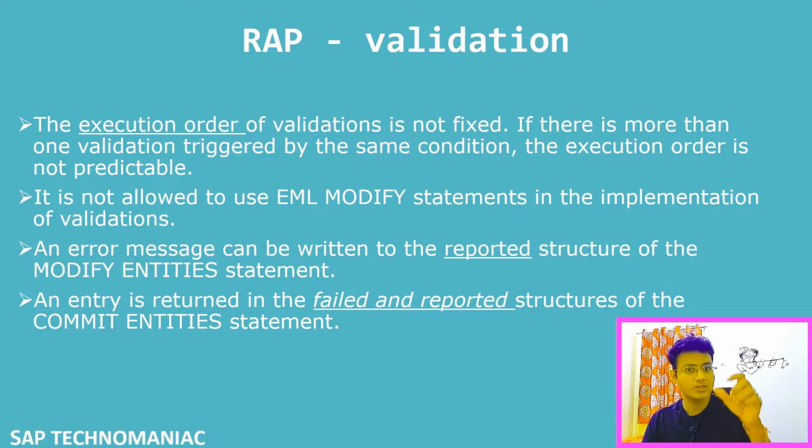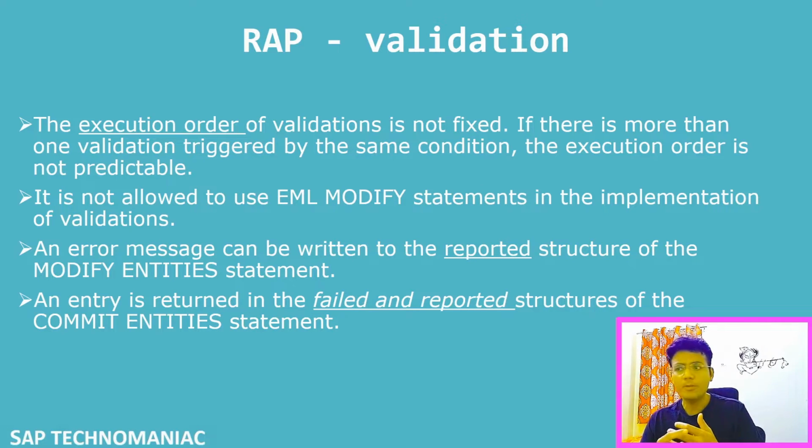For example, for the same condition you define multiple validations. Suppose on the create begin date you have multiple validations. You can't be sure, if there are multiple validations triggering on the same condition, of the order of execution; you don't have any control. Any validation can be called first and any validation called for that particular condition later, so you have to make